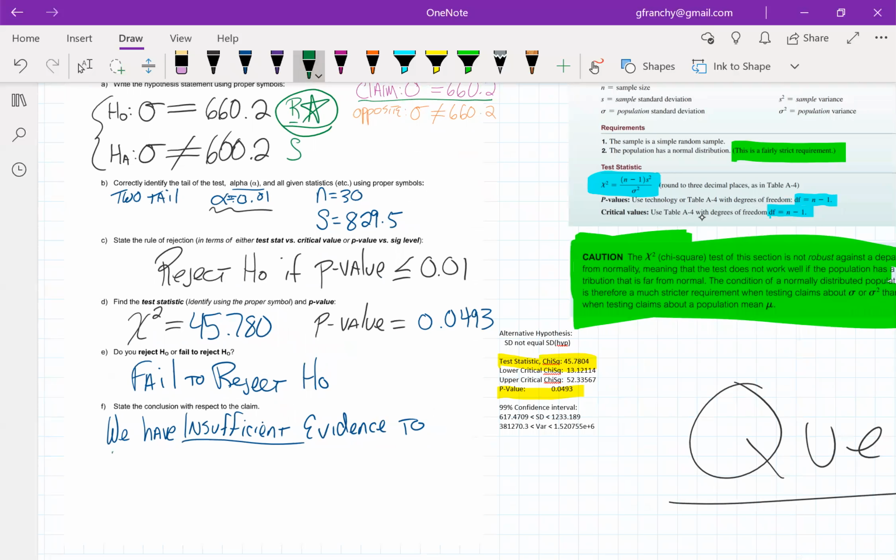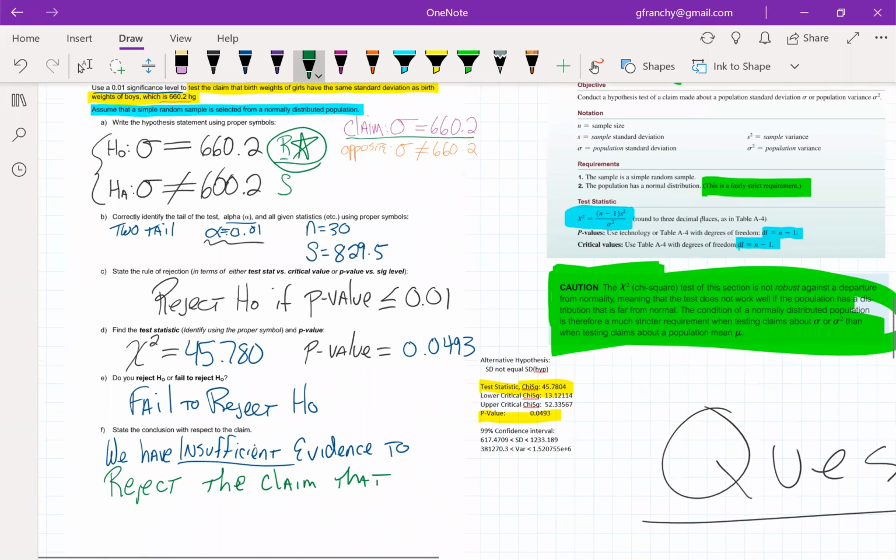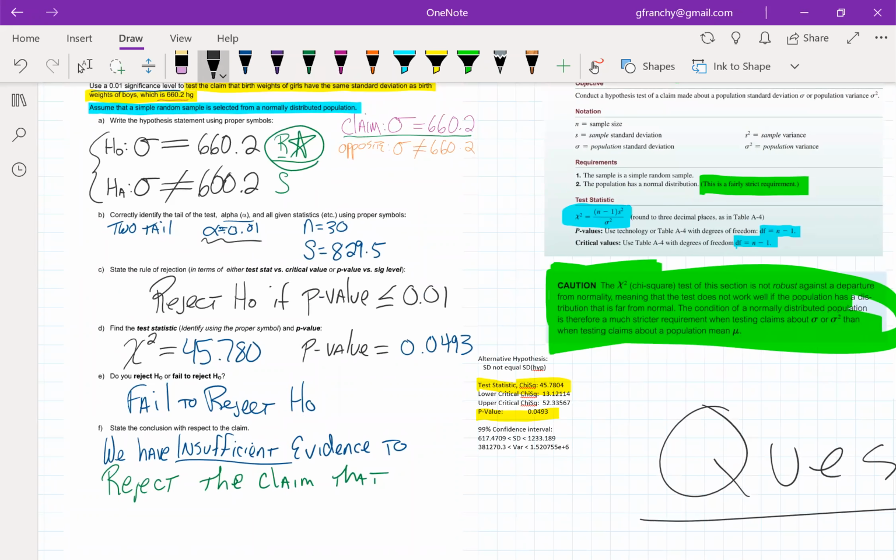It was R, so we have insufficient evidence to reject the claim that, and what was that claim? The birth weights of girls have the same standard deviation